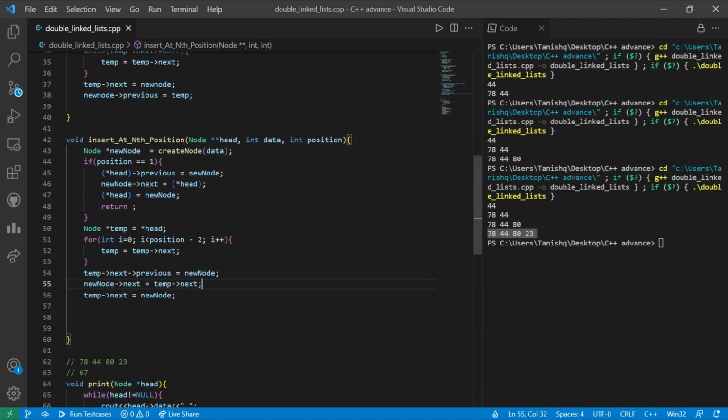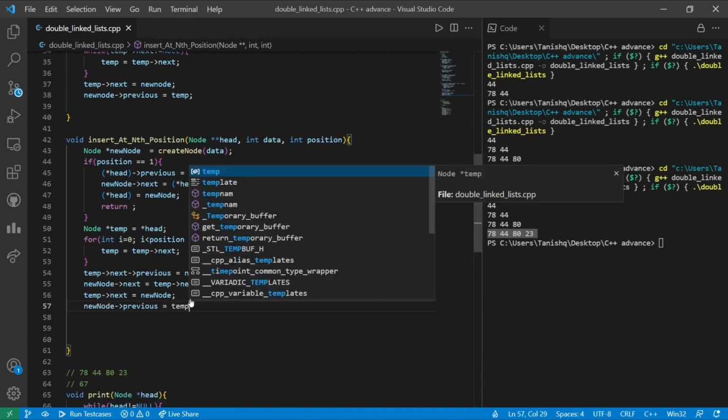So the new node that is 67 which we are going to insert is going to be pointing towards the next node of the temporary node, that is 44. So 67's next will be pointing towards 44, and after that the previous of the new node is supposed to point towards temporary at the very end of the operation. So new node dot previous is equal to temp.